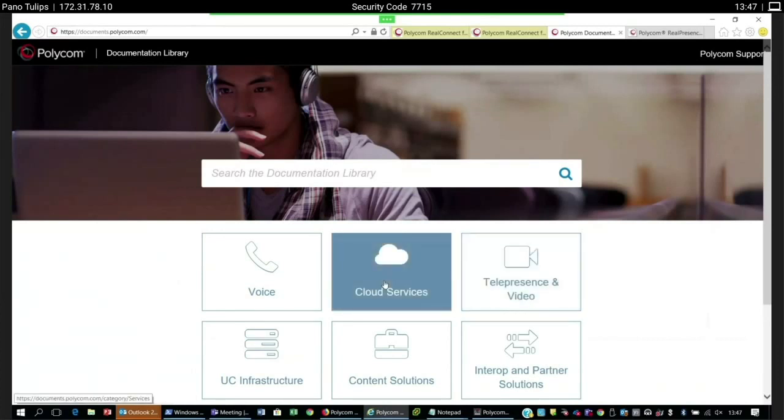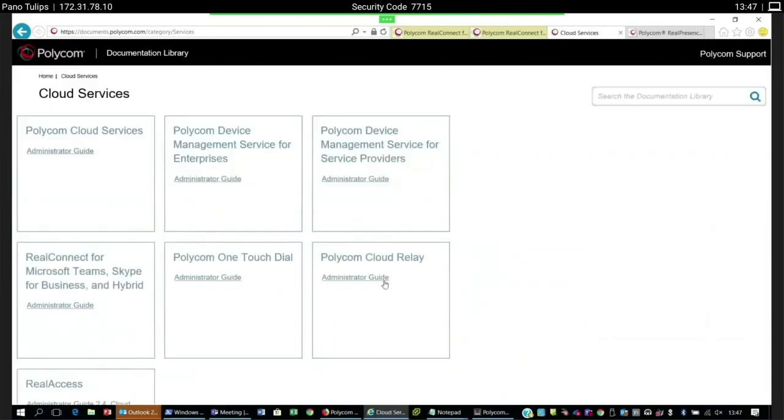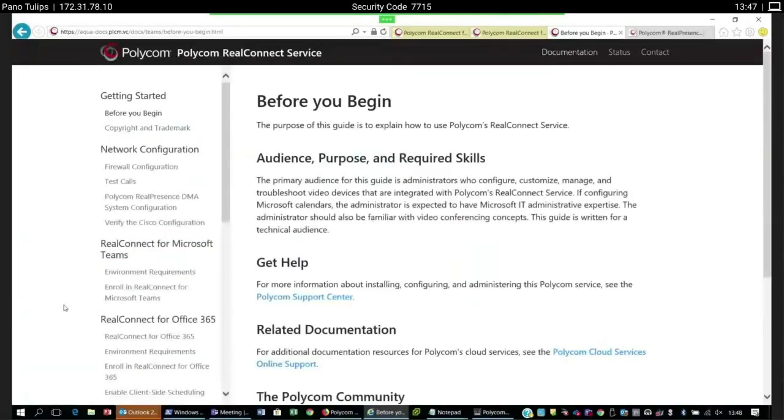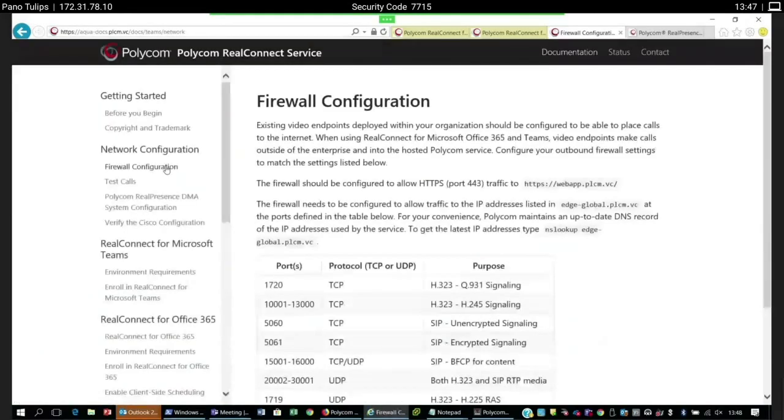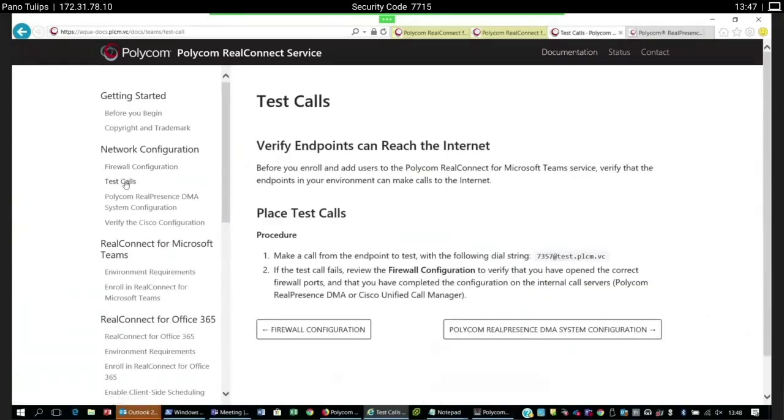So when you, for example, here go to Cloud Service, you go here on the left side to Real Connect for Teams Administrator Guide. There's a lot of information. So if you look for firewall information and the protocols that are used, the application that are used, here you find the test call information, and as I mentioned earlier, to do a test,